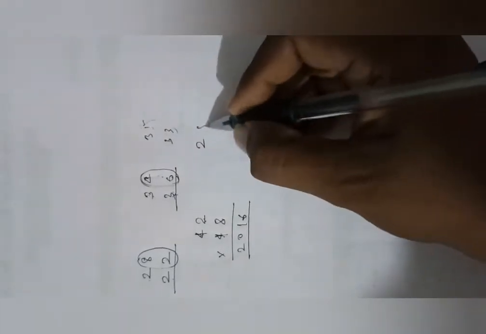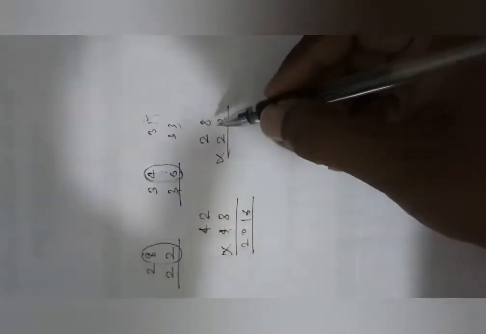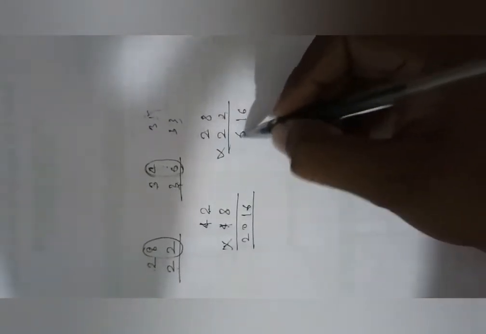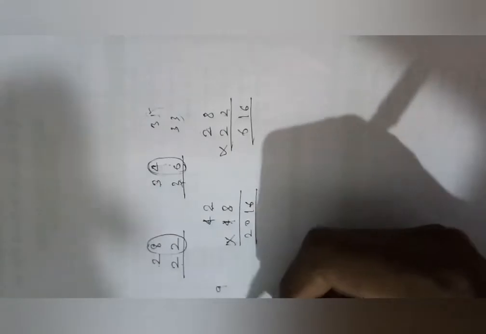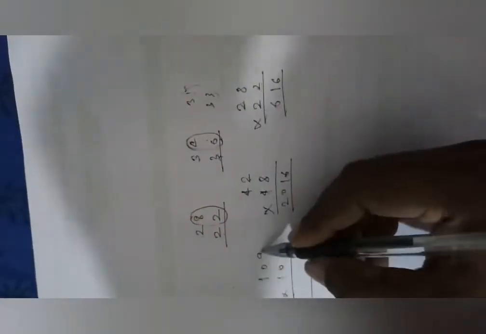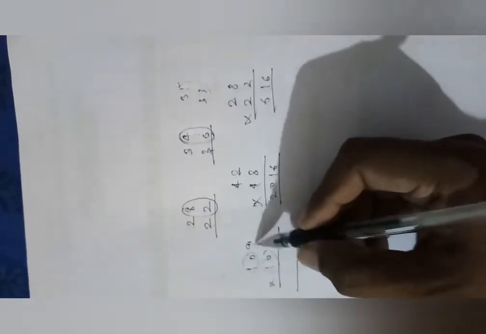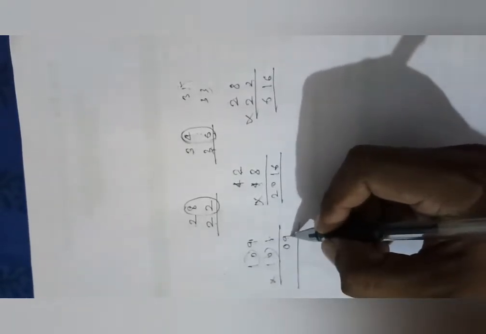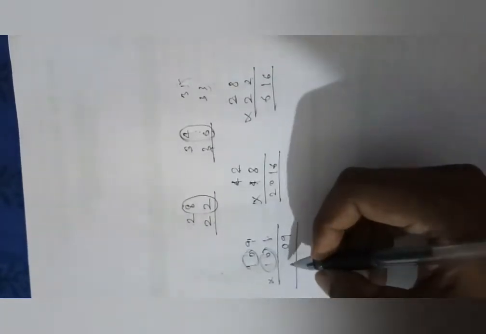Now if I am taking 28 and 22, again you have to check whether you can apply the trick or not. 8 plus 2 is 10 and these two digits are the same, so you can apply the trick. Multiply 8 and 2, what do you get? 16. The successor of 2 is 3, 2 threes are 6, so 616 is the answer. Suppose I am talking about 109 into 101. The sum of the digits is 10 and these two digits are the same, so 9 into 1, what do you get? 9. Whenever you get a single digit you have to write 09, and this is 10, this is 10, so the successor of 10 is 11.